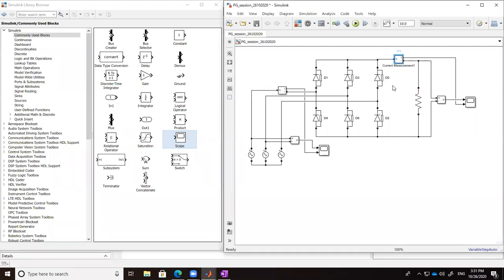No, this is fine. Ahmed, current measurement, we are measuring from plus to minus. Okay. So the direction of current will be from plus to minus because the resistor is acting as a load. So we always measure from source to the load.